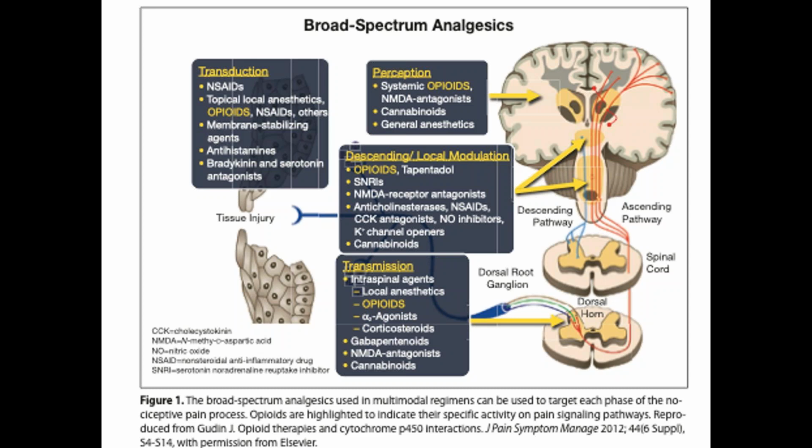But the other ones that show up are NMDA antagonists. So ketamine shows up as far as perception. It has an impact on local modulation, and also transmission. This is a human paper, and they list gabapentinoids,